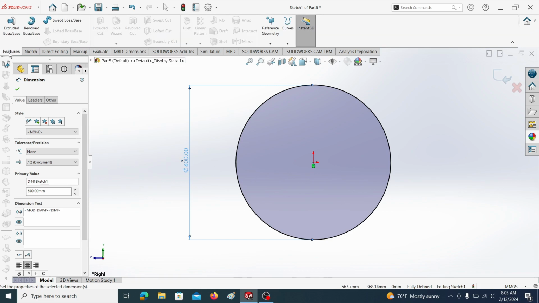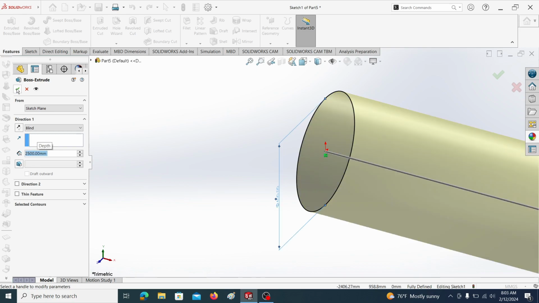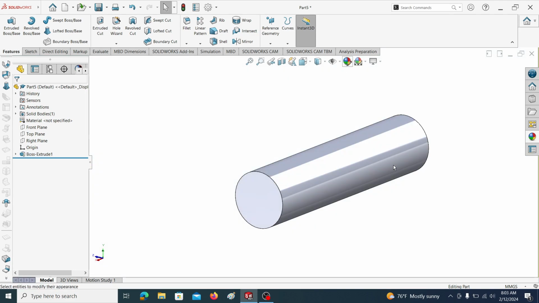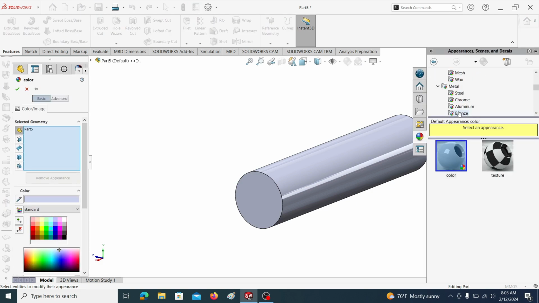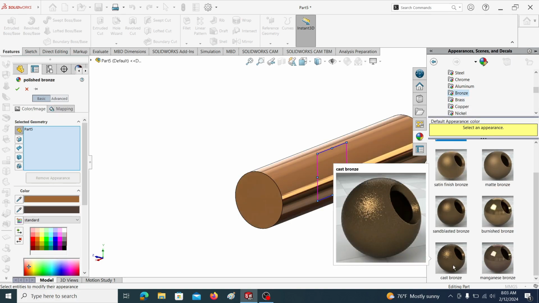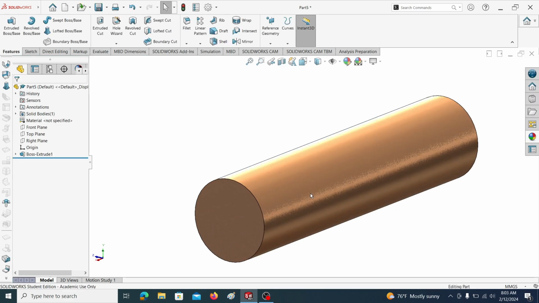Okay, then go to extrude. Let's take the length of the drum as 2.5 meter, 2500. Here you can see the cylindrical drum. Let me change the appearance, plain white. Let's take this one as metal, bronze shape. Okay, this is a solid